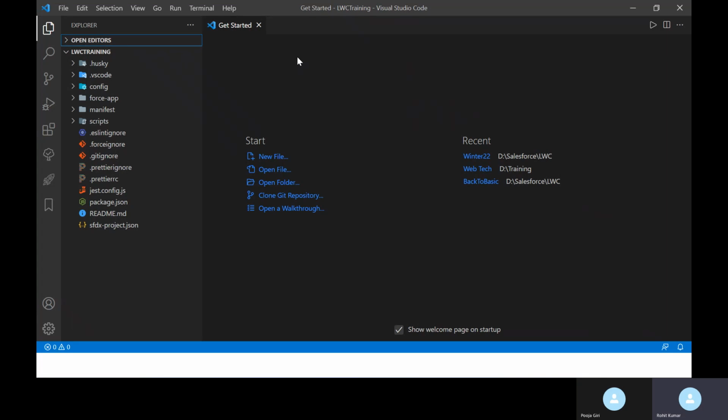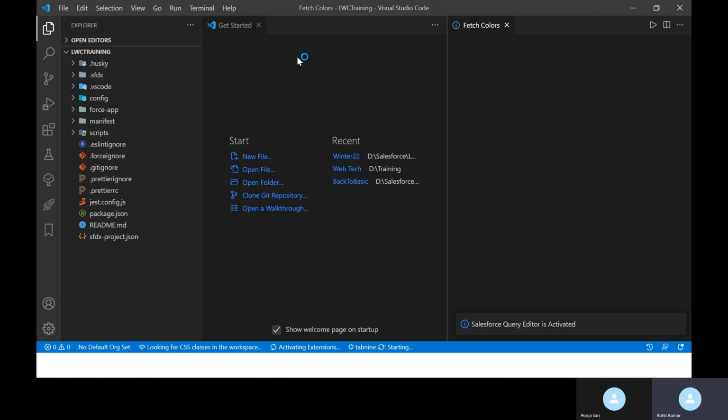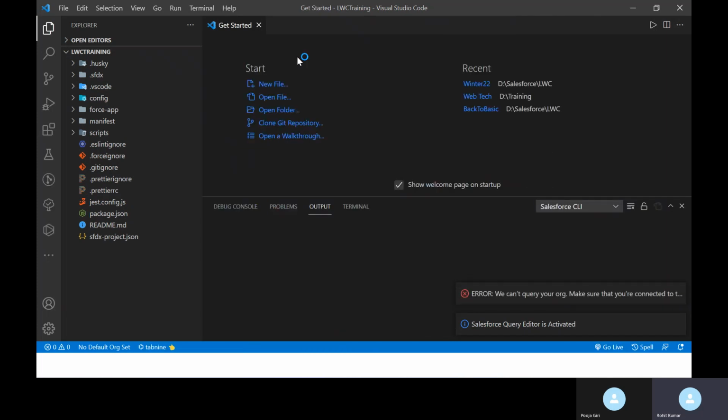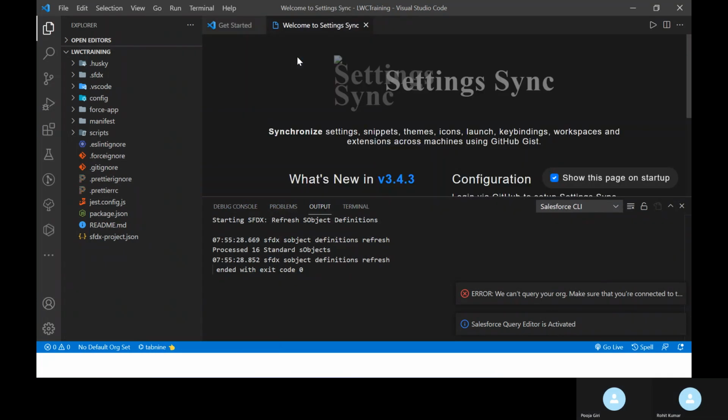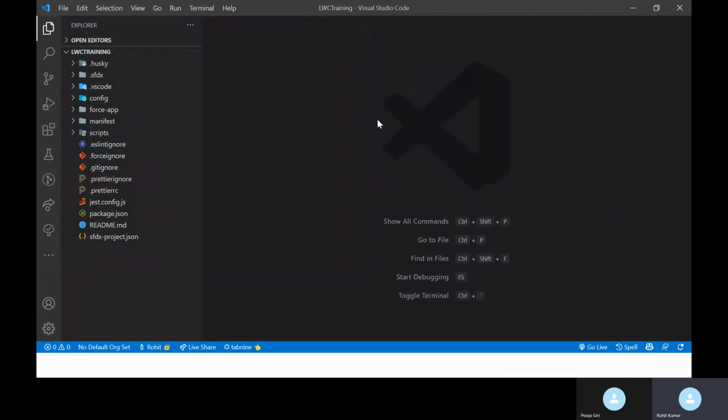Now after some time we have to move on to how to authorize this org, because we already created the project. I need to connect this project with Salesforce. So how do we connect with our org? This is another thing in Salesforce: how to connect this project with our Salesforce org.